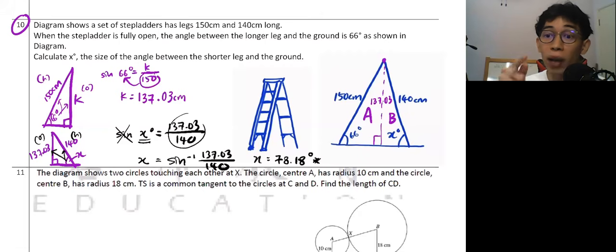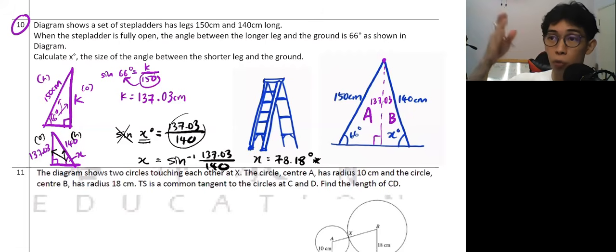Some of you might say, teacher, I use the 137.03 divided by 140, then I shift sine the answer, same thing. What for are you going to do those decimal points? This one is to show you what? When you slowly reach Form 4 and Form 5, Form 3 level is very low. When you move up to Form 4 and Form 5, your Add Maths and whatever harder chapters,